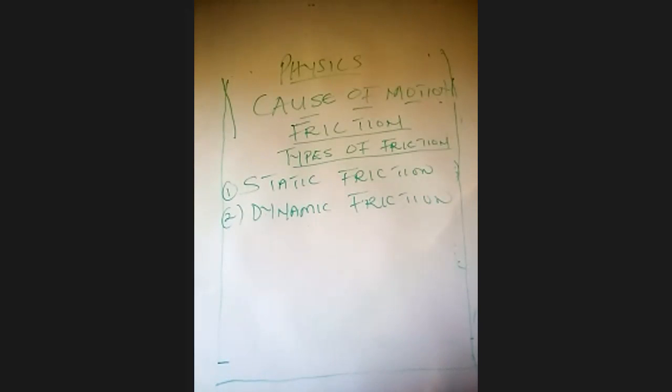Now, static friction and dynamic friction. Looking into the types of friction, we can try to understand what static and dynamic frictions are. Static is stagnant friction, and dynamic brings about change. So let's look into some examples. We can observe the effect of friction by attaching a spring balance to a block of wood and pulling the balance along a smooth board.